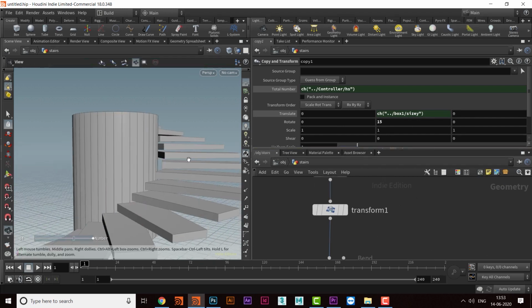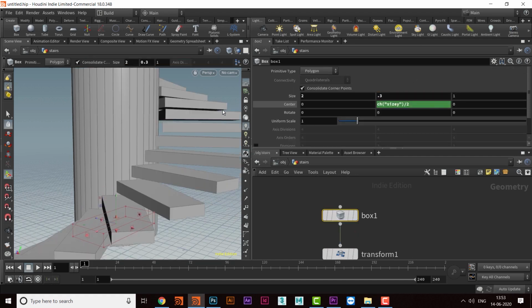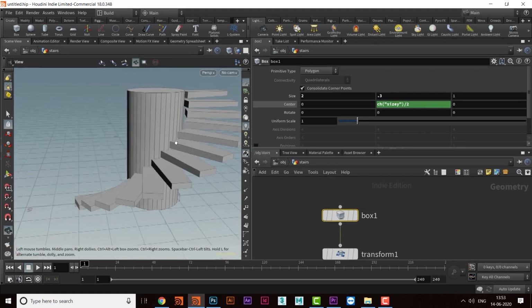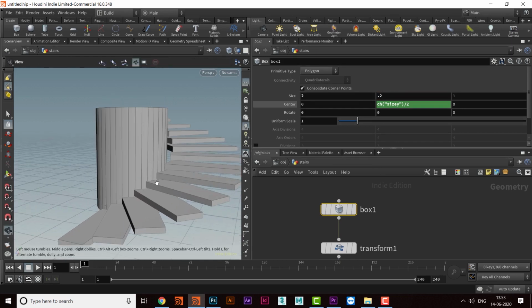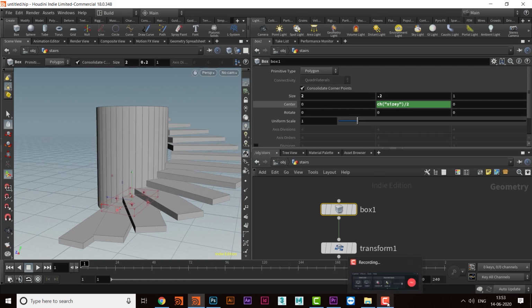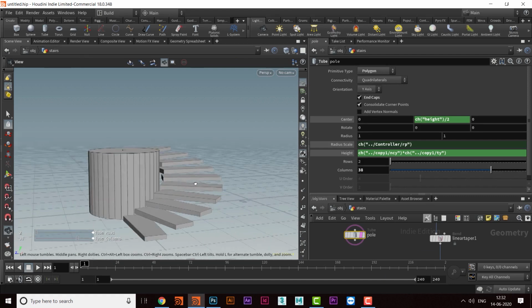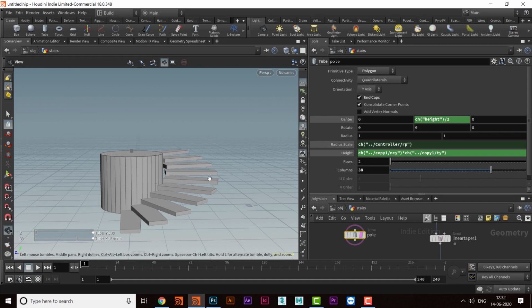Now if I change the height of the box, suppose I make it 0.3, all the variables will change along with that. So let's keep it 0.2 for now and go ahead. These two values when multiplied together will give you the exact height of the pole.